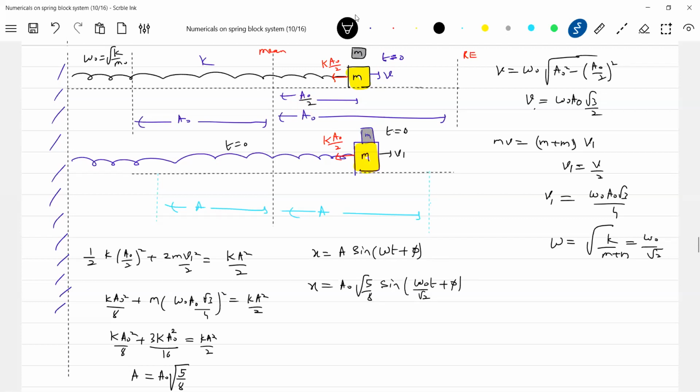Anybody will come into picture? At t equal to 0, x is equal to a naught by 2. That's all. Then solve for that particular thing at t equals 0. What is the value of x? A naught by 2. So a naught root of 5 by 8 sine 0 plus this one. A naught gets cancelled. So under root 5 by 8, I think it will be